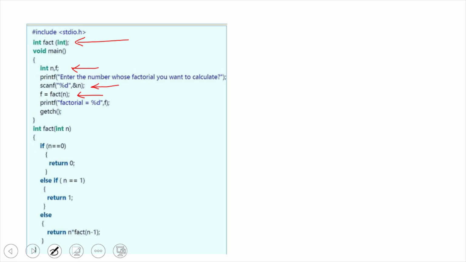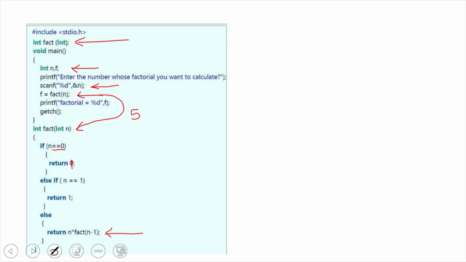So now the control is passed to this, and let us assume that n is equal to 5. So n gets the value 5. It is going to check if n is equal to 0, then it will return 1. If n is equal to 1, again it is going to return 1. Else return n star factorial of n minus 1.